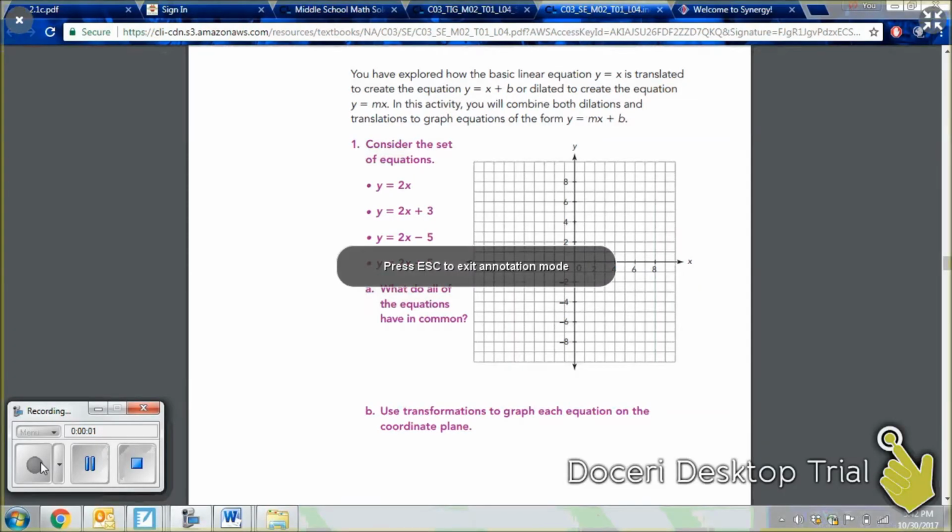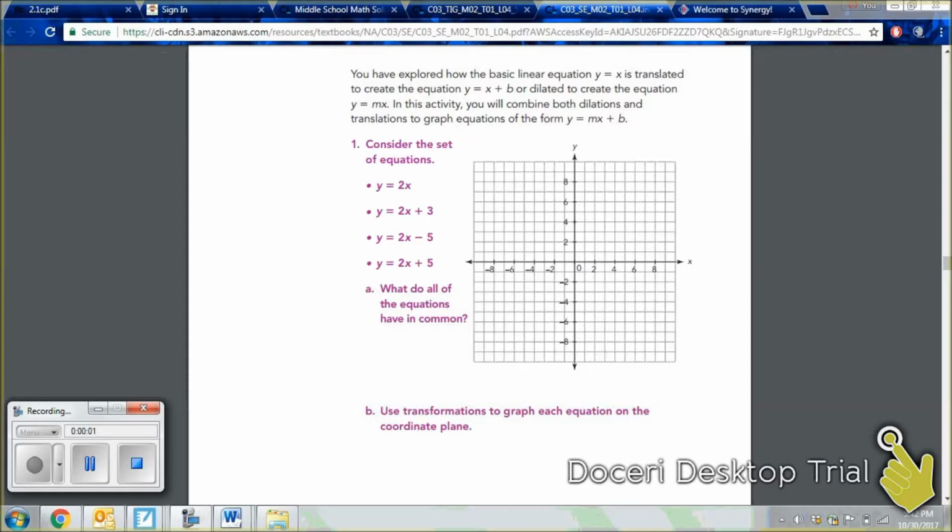Alright, so let's go through the directions here. Again, when I stop, you guys are all reading the next word, so we're following along, we're paying attention. So when I stop, you guys are reading the next word. Here we go. So it says, you have explored how the